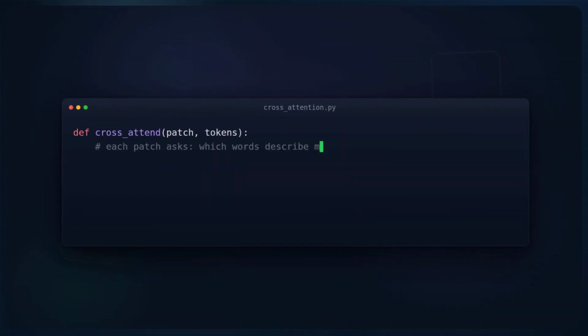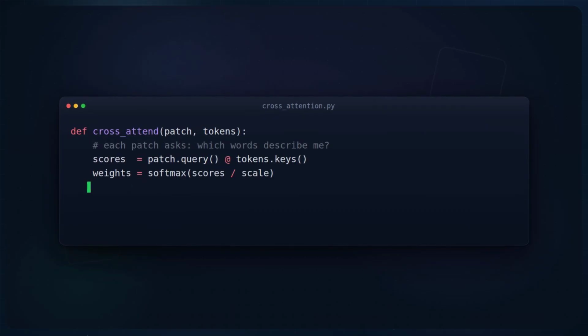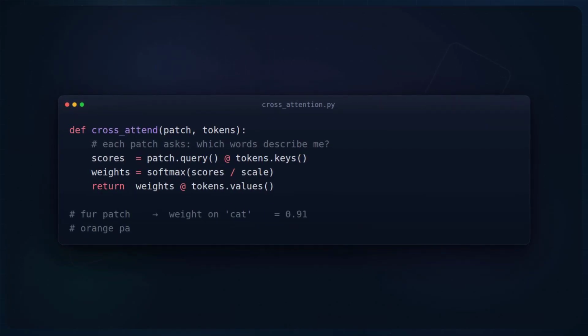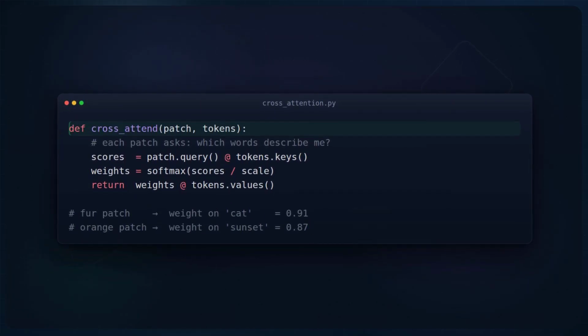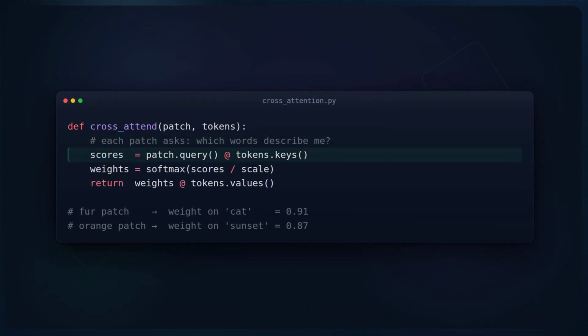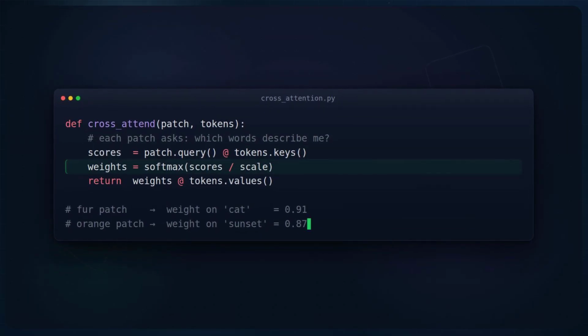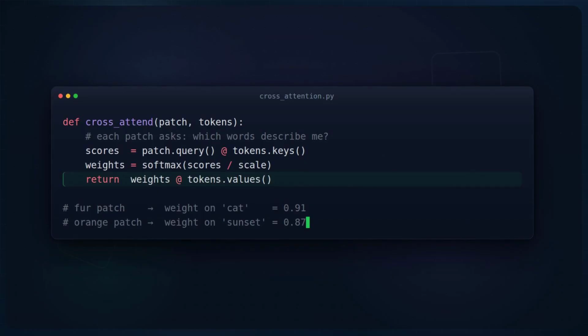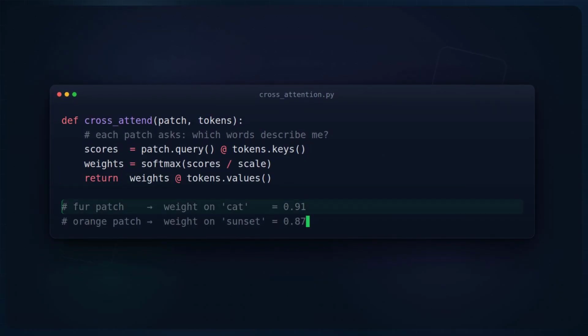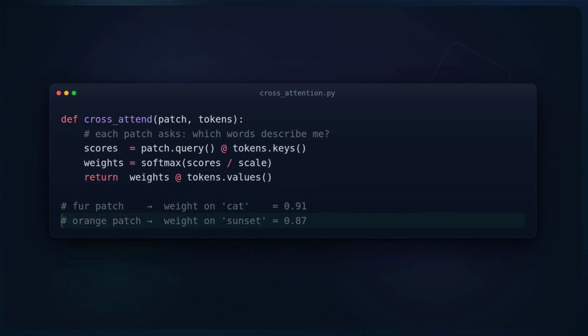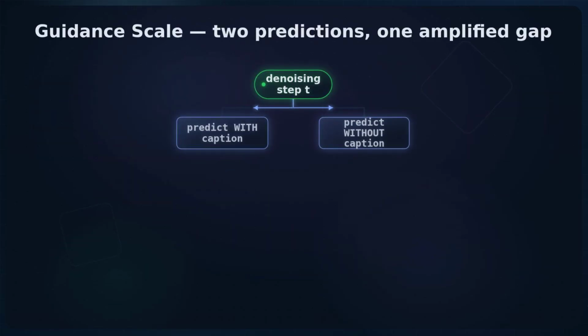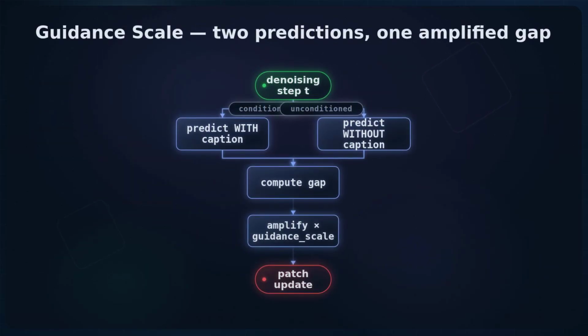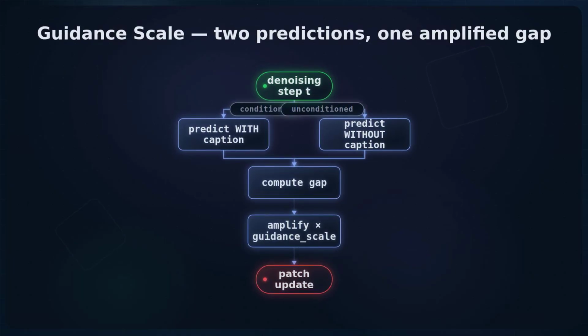As each patch of the image forms, the model scans those numbers and asks, which words describe me? The patch resolving into fur leans toward cat, and the patch fading into orange leans toward sunset. Word after word, your caption pulls regions of static toward matching shapes. That mechanism is called cross-attention, the same one that powers text generation, just pointed sideways at image regions instead of